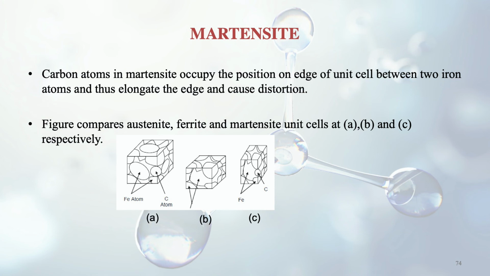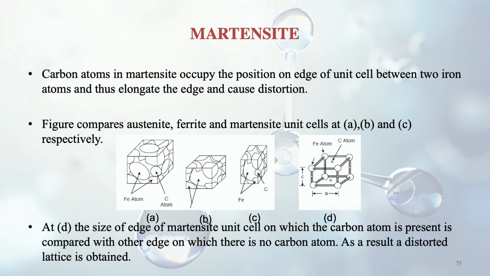not even body centered cubic, that is martensite, because the carbon atom is in one edge of the pattern, and in another edge it may not be there, so it causes distortion in the edge in which it is there, and in the other edge it is not there, so no distortion. So completely, if you see the structure, it is distorted. It is somewhat tetragonal and no longer cubic.